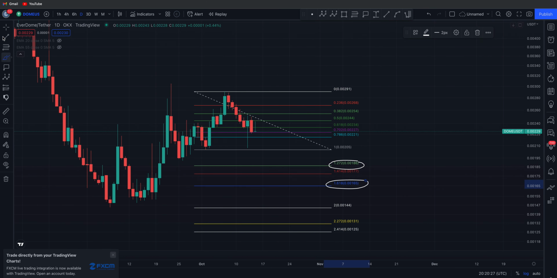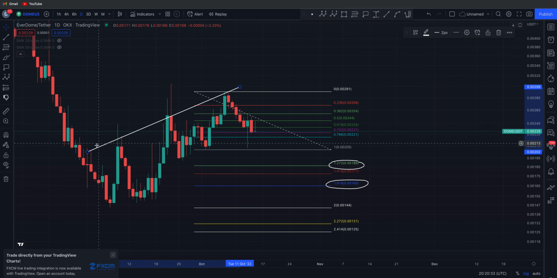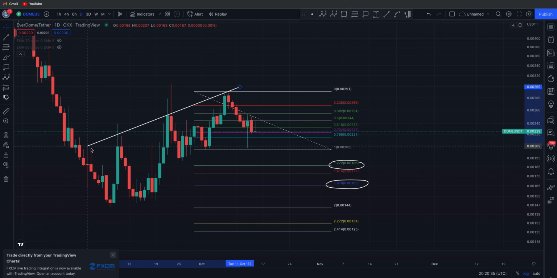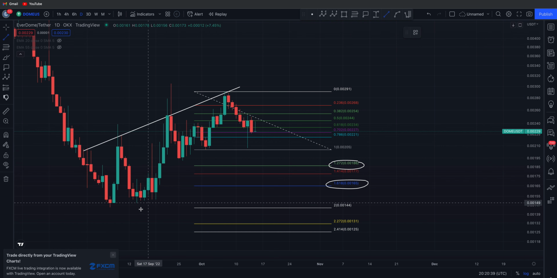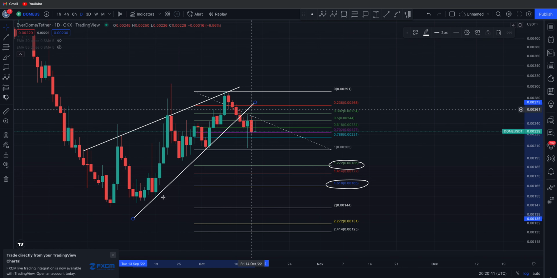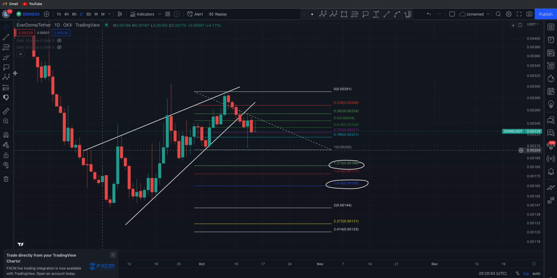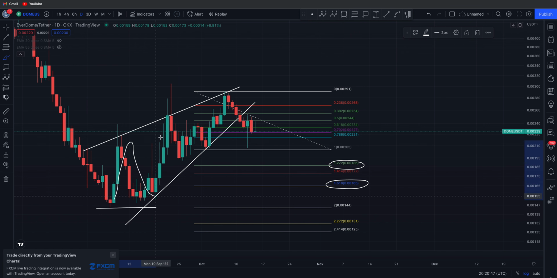And what would validate that a bit more for me, I know it looks scary, guys, okay, I know it would look very fearful for the project itself, but I do think potentially this is a play. It doesn't have to mean that it is, but you could have had some sort of rising channel here, and what happens is once you find a low, and you start coming up in this channel,